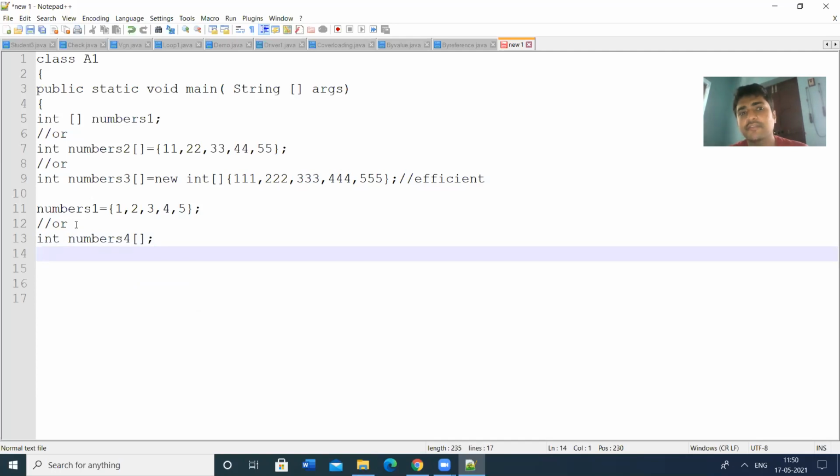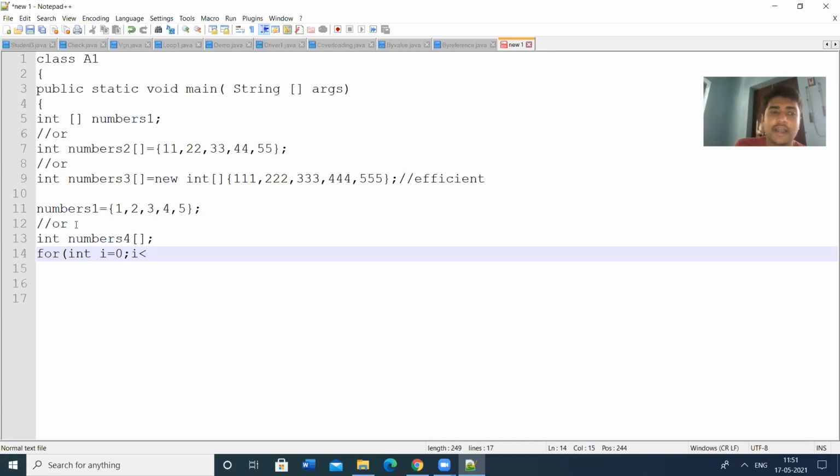If you want to give the values at the runtime, that means through the keyboard, we can use the for loop. We can use the for loop: for int i is equal to 0, i less than array length. Here the array length is 5.